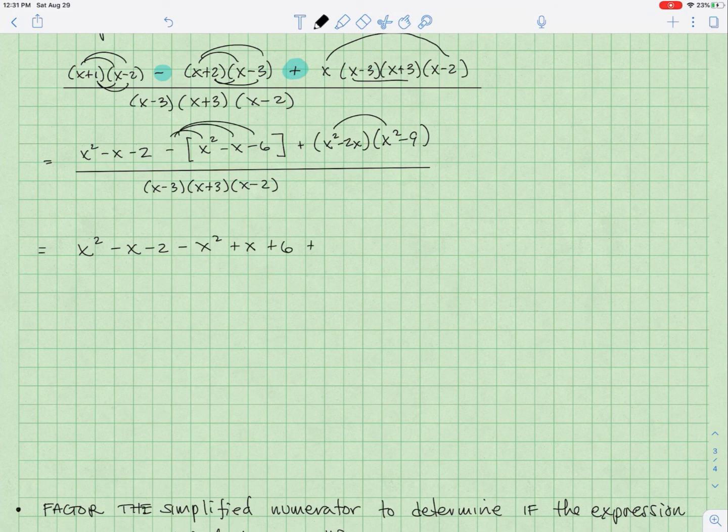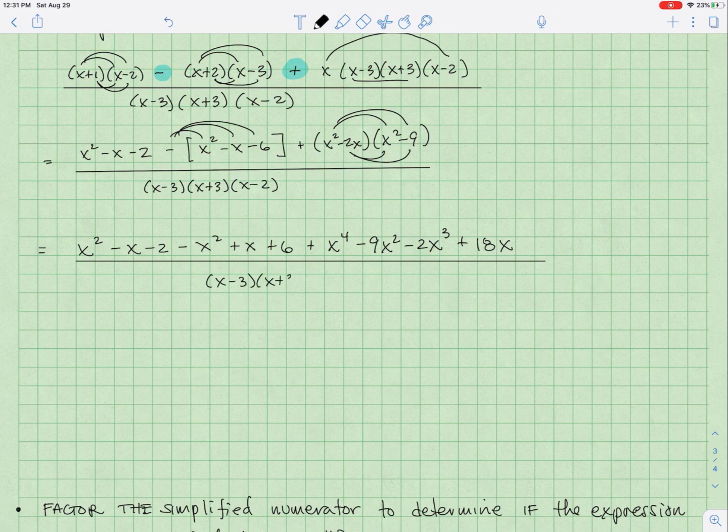This is going to be plus x to the 4th minus 9x squared minus 2x cubed plus 18x all over x minus 3, x plus 3, x minus 2,